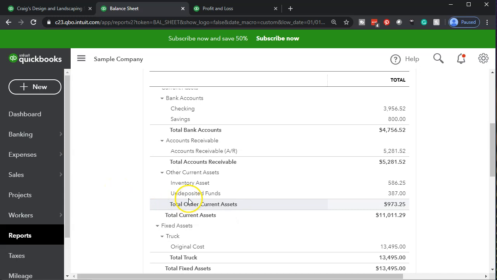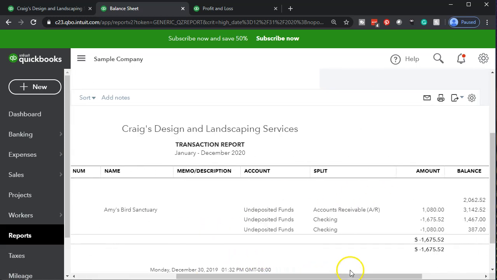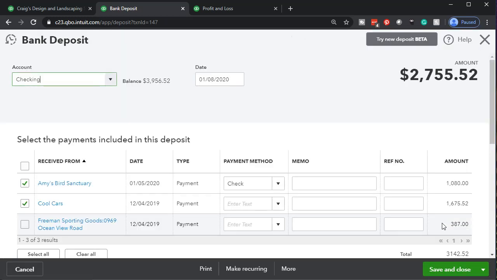We're going to go to the undeposited funds, also a balance sheet account. It's in essence another cash account, but it's down here in other current assets. I'm going to go into the undeposited funds. We'll select that item, and that should be decreasing the undeposited funds. Notice here, however, it broke out because the undeposited funds are showing the detail. So although these two got deposited together and are recorded in the bank in the checking account as one number grouped together, here they're showing them as the two numbers, giving that detail within the undeposited funds so that you